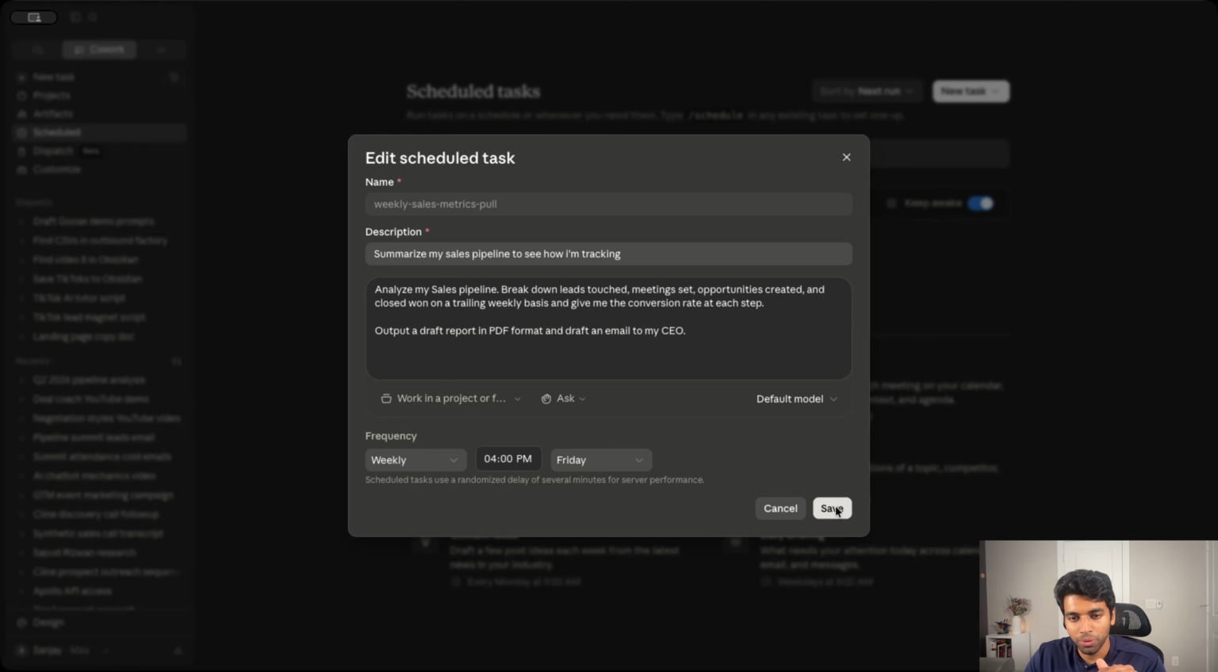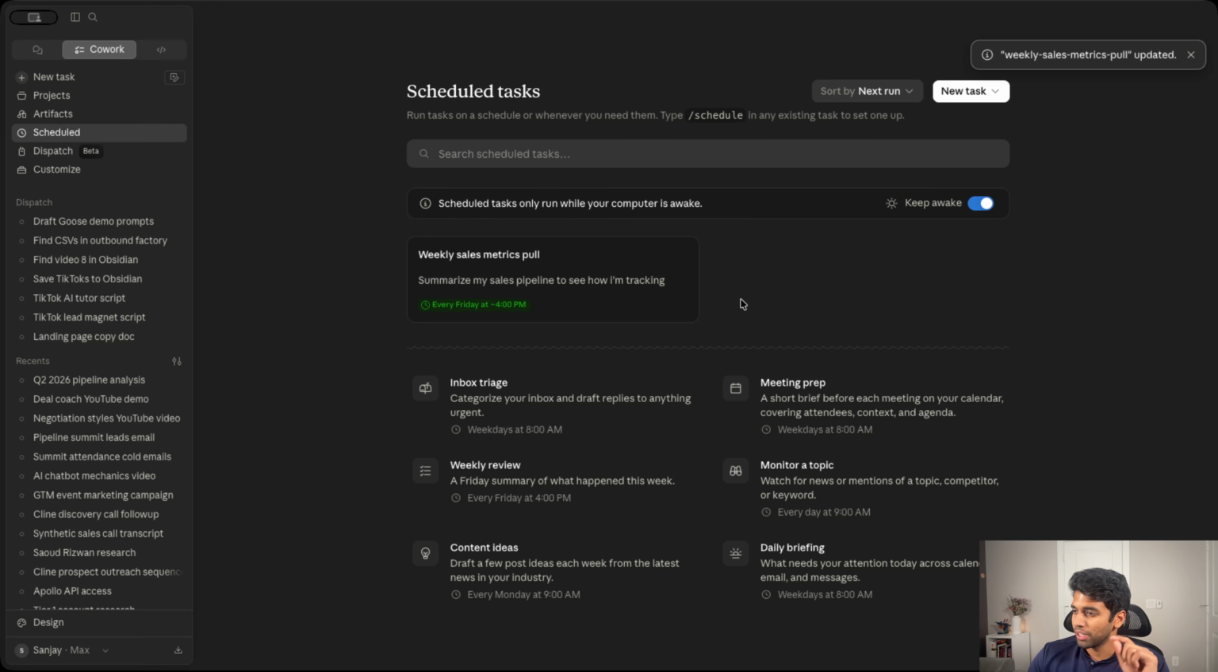So what Claude will do is every Friday at 4 p.m., it'll go into HubSpot, pull the information, generate a report as a PDF, and then draft an email that you can send internally. So this is a way for us to be able to continually and quickly monitor the health of the business by using Claude to aggregate this information, generate recommendations, and then share those recommendations